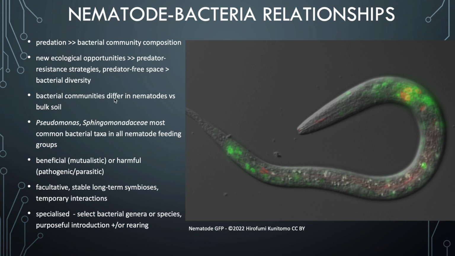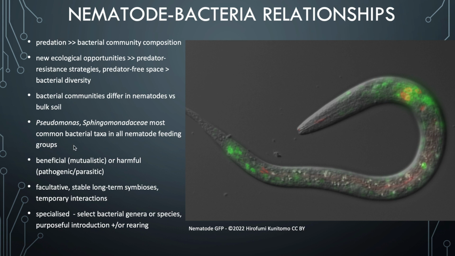And those bacteria that are in the gut of the nematode, or on the skin of the nematode, or living within the nematode, can also be released in places where those bacteria may not have existed before. And so as the nematodes move throughout the soil, they actually disperse these specific, unique bacterial species that they harbor. One study showed that the genus Pseudomonas and the family Symbionts were the most common bacterial taxa in all nematode feeding groups. They looked at the different species or taxa of bacteria in the different types of nematodes.